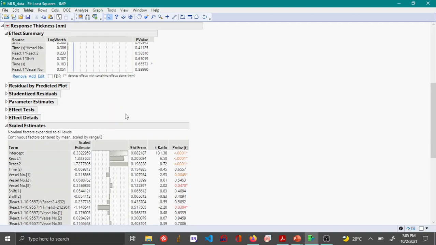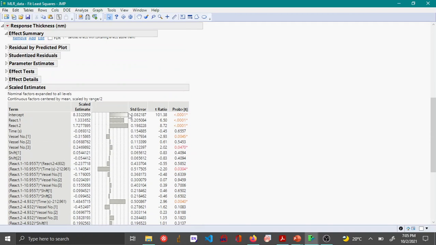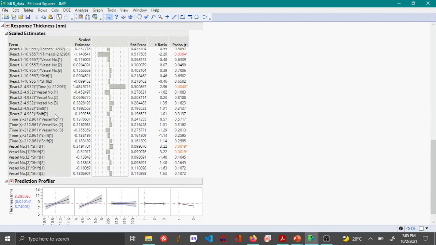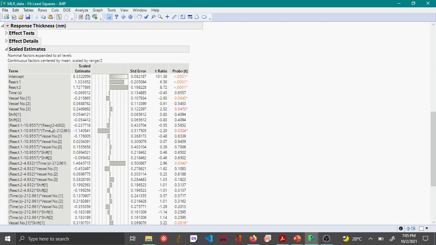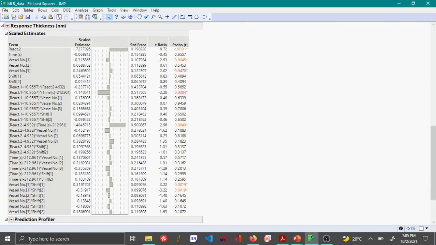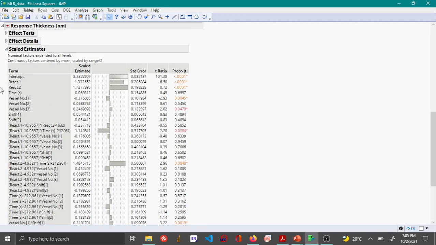And this is the scaled estimates of the parameters. As you can see, depending on the number of interactions, there are like I think 19 variables here other than the five main variables.